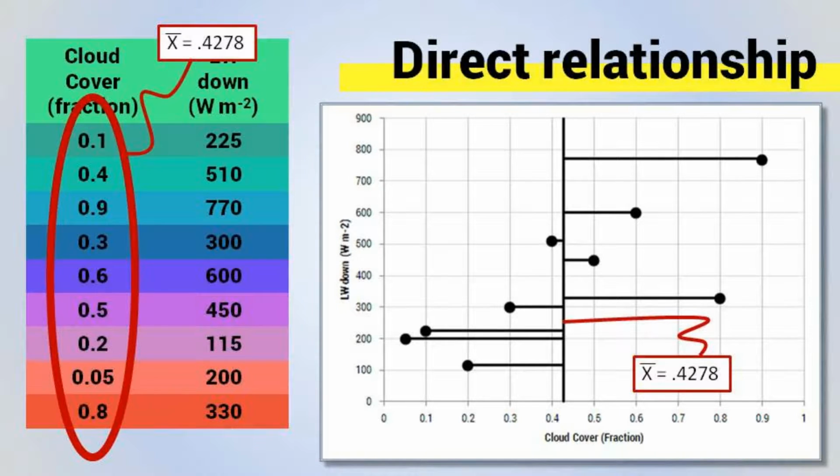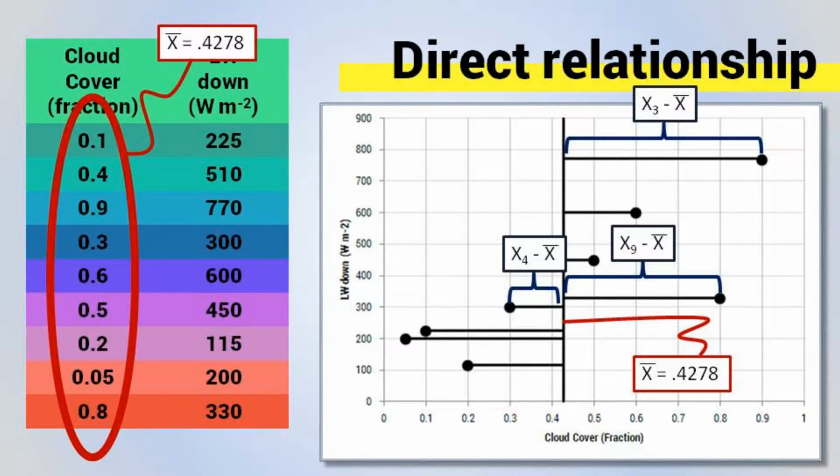You can see how it's a vertical line centered at 0.4278, and that's our x bar. And see how all of the observations are somewhat different. All of the x observations are somewhat different. None of them are exactly 0.4278. So there's always some little difference between the values of x at time i and x bar, which we can illustrate with these little line segments here that connect our observations on the x-axis to the